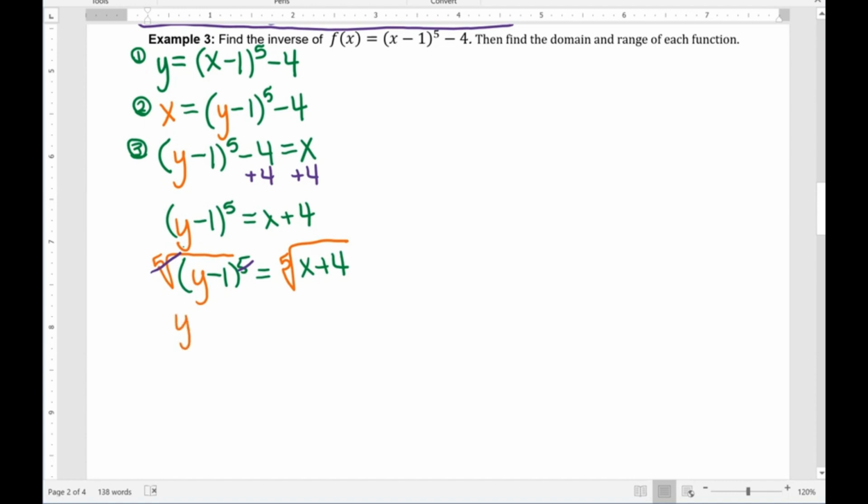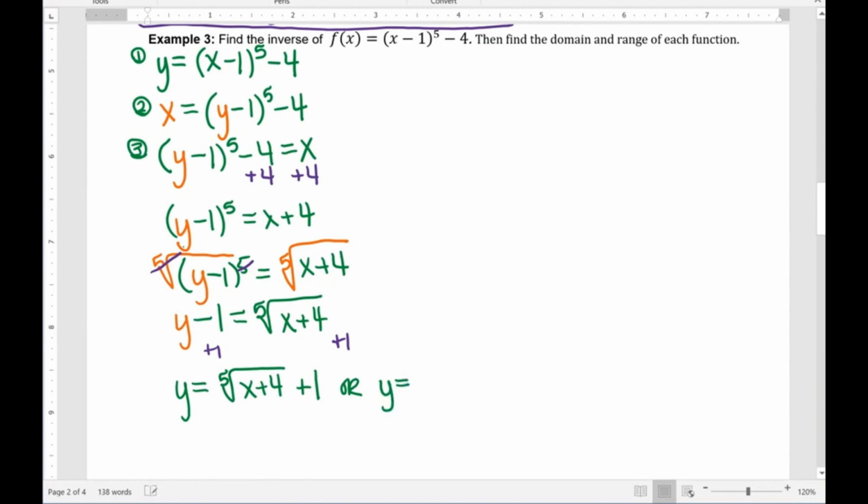We don't need the parentheses anymore, so we have y minus 1 is equal to the 5th root of x plus 4. We need to add the 1 to both sides. And we get y is equal to, you can either write the 5th root of x plus 4, plus 1, or if you're worried about your 1 getting under the radical, when it doesn't need to be, you can do 1 plus the 5th root of x plus 4. Either way is acceptable, but do not forget the very last step